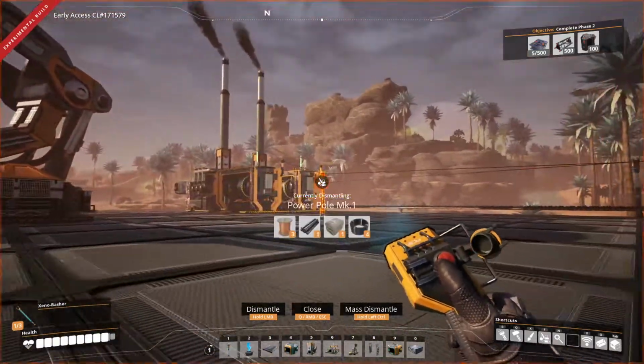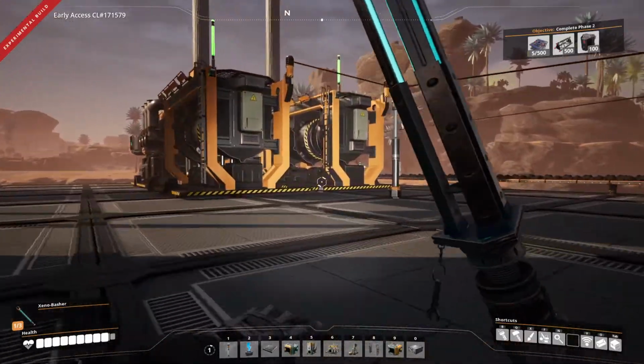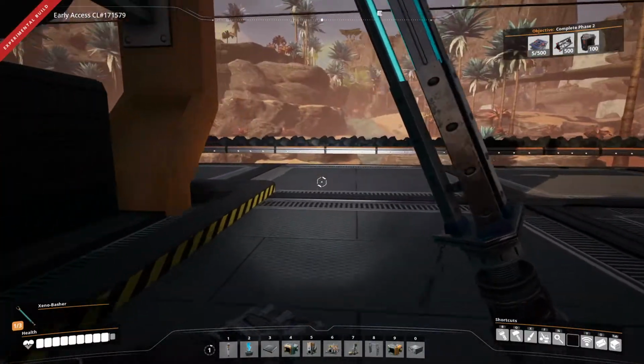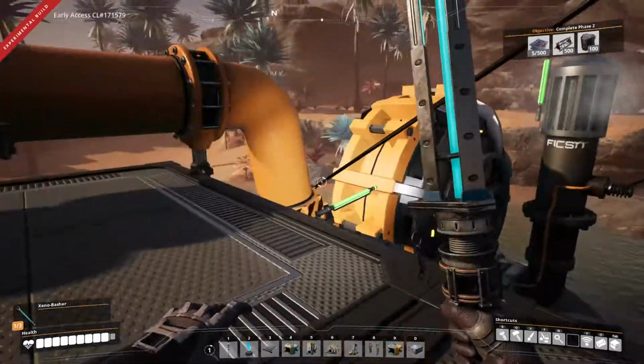Okay, so what we can do, let's get away from here. If you're looking at this, remember the overclocking, underclocking business? Because the issue here is we're taking 45 per minute. So we're using 90 per minute, right? Now, one of these...